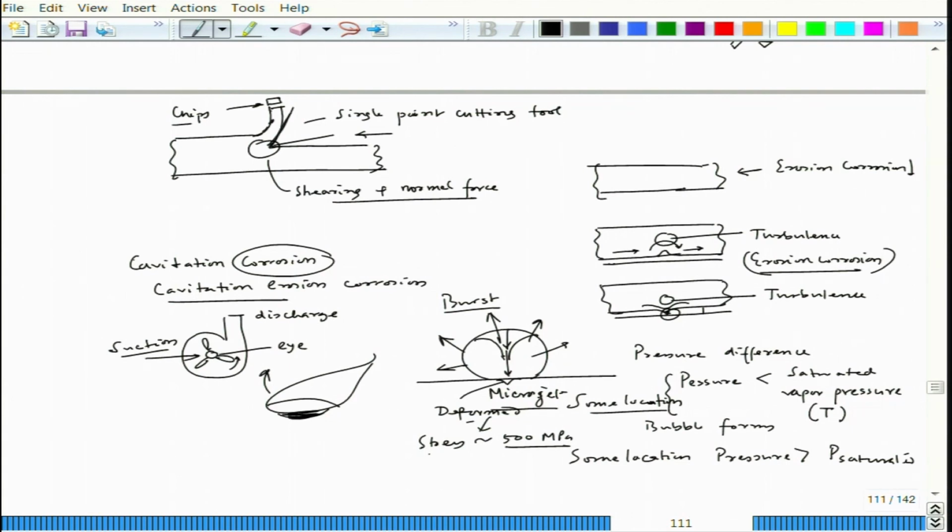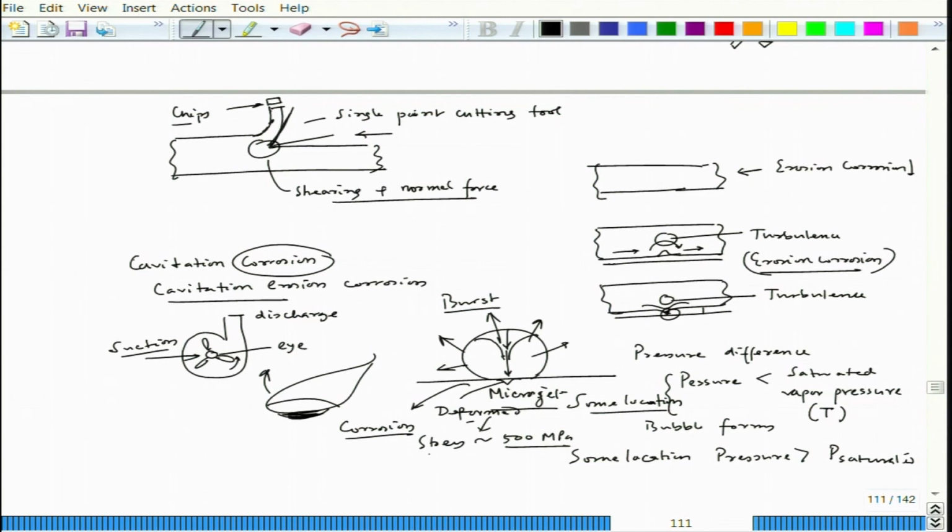And now, till the next bubble forms, we know that the deformed part is a highly active zone, and that would go for corrosion. So, corrosion happens in this deformed zone. Now again the next bubble forms, the next bubble bursts, the microjet hits that particular surface of the metal, and again that deformation happens. The next step is again corrosion, because the deformed zone is highly active for corrosion. That way, deformation and corrosion continue, and deformation happens because of that bubble formation. That is why it is named cavitation.